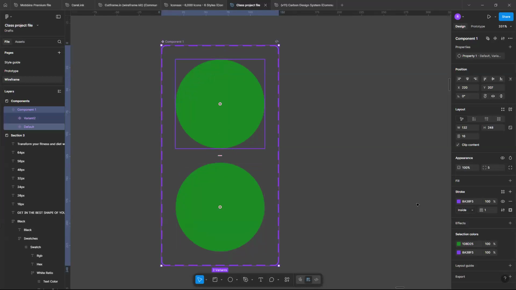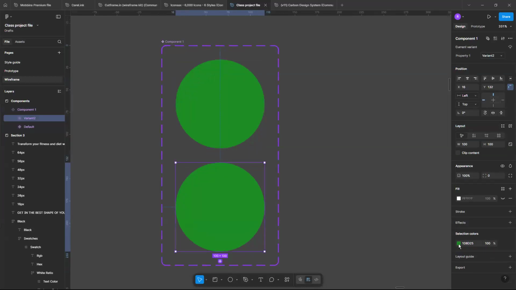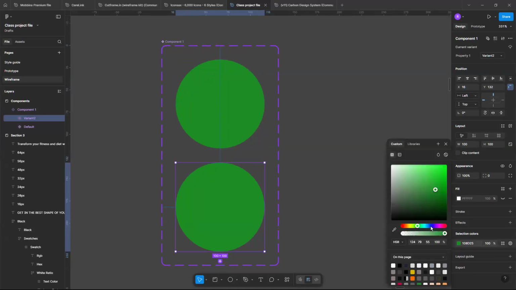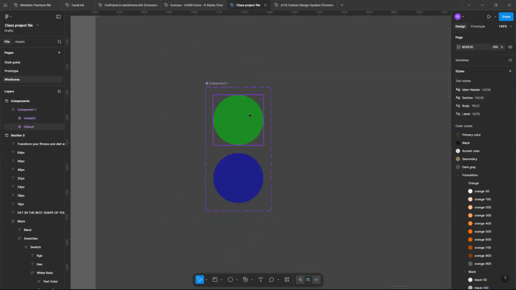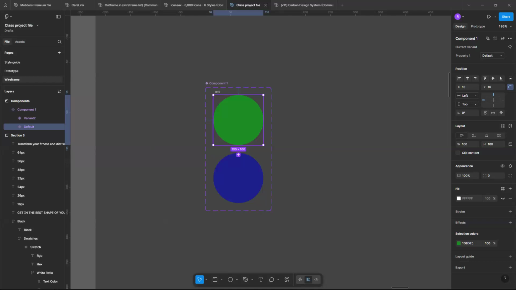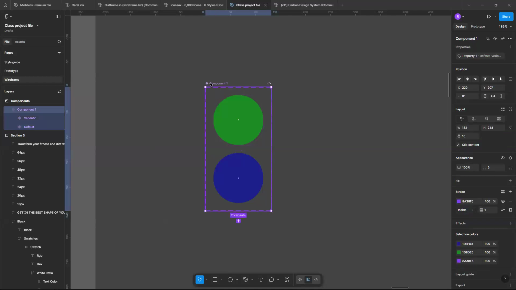So for this variant, I'm going to change the color of this to, let's say, blue. Okay. So now this is the same circle. This is a very, very simple explanation, but I'm just trying to show us that this is a simple circle but different colors, right? Let me delete this and make something more